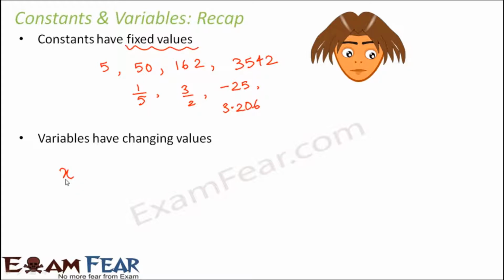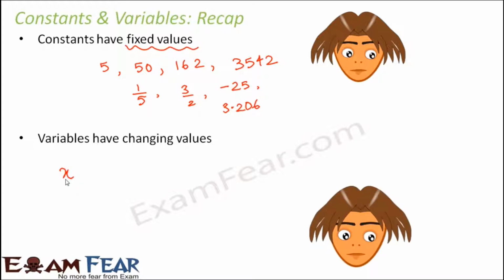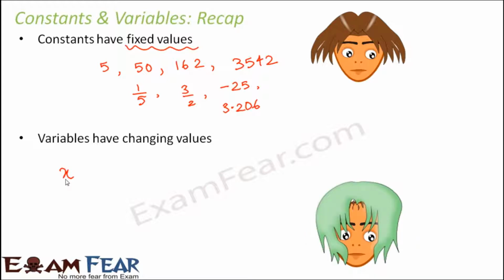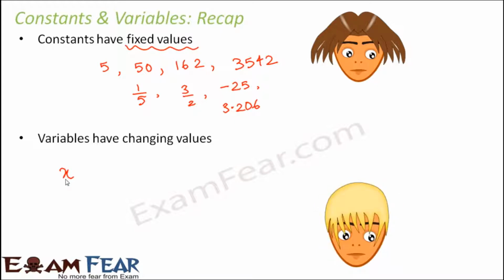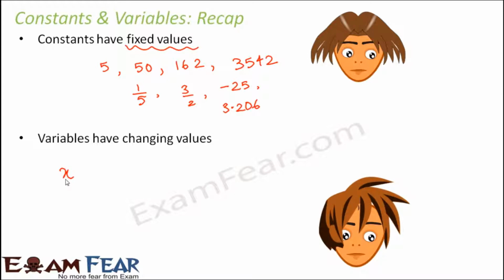So their values keep on changing, just like this girl. You see right now she has brown hair. Now when she goes to a fancy dress competition, she puts on a wig or colors her hair, and now you see she has got a very weird hair color. She has a greenish hair color because she is going to a fancy dress competition. Again, the same person, when she is going to a funky party, has very short hair, and that too blonde. Sometime else, when she wants a very different look, she might even have spikes like this.